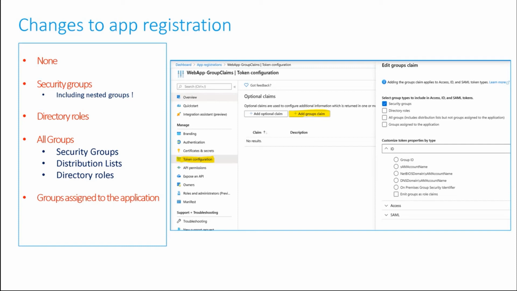The final and the most important bit is the groups assigned to an application. Instead of getting a list of all the groups that a user can possibly be assigned to, which usually runs into hundreds and often causes a problem called token overage, you can choose which groups your application wants to work with. Only if the signing-in user is a member of one of the groups that you have listed would they be made available in the token that your application receives.